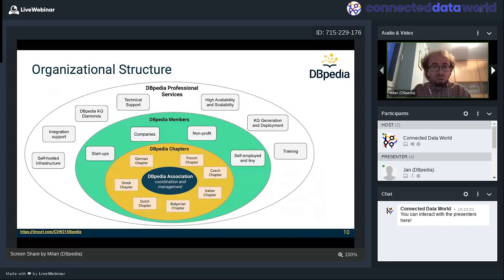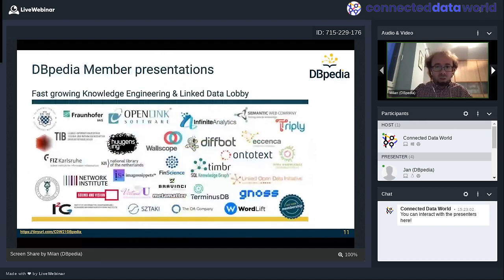Around the association, there are DBpedia chapters around different languages or domains or regions. Then we have DBpedia members, which vary from companies, non-profit organizations, startups, and self-employed and tiny entities. And as a team, we offer different professional services that you can get from us. So very briefly,